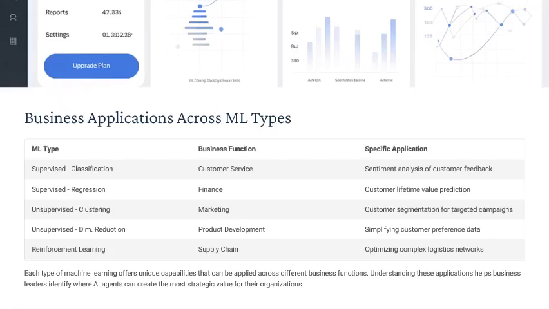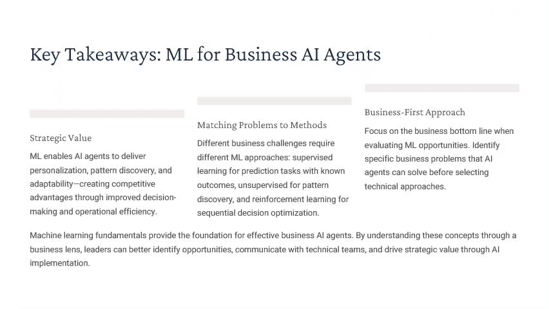Yeah. Really bridging that gap between a technical idea and the business bottom line. Absolutely. And maybe building on this idea of AI agents that learn and adapt through ML, whether it's from data or through interaction, like with RL, maybe something for you, the listener, to consider is this. If the systems you deploy or the ones you work alongside are continuously changing their behavior based on new data and new experiences, how does that fundamental capability, that constant learning, require you to maybe rethink your own approach, your strategy, your oversight, maybe even how your own team learns and adapts within your organization? How does their learning change your game?